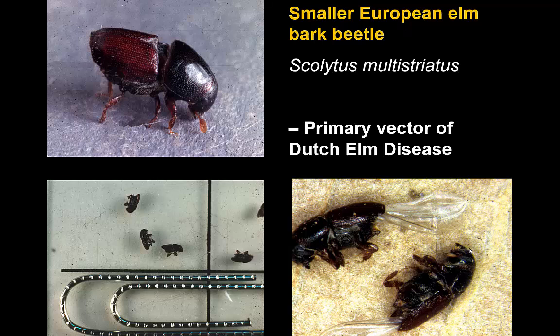Now, the beetle that's involved in Dutch elm disease is a tiny bark beetle. The original one brought to the United States was the smaller European elm bark beetle, Scolytus multistriatus. Again, a very tiny bark beetle, and of itself, it is not a damaging pest. It is a kind of bark beetle that would be almost entirely limited to developing in dead or